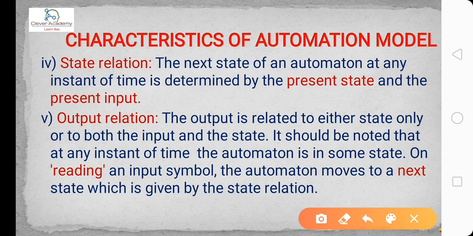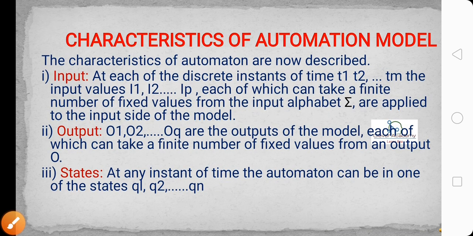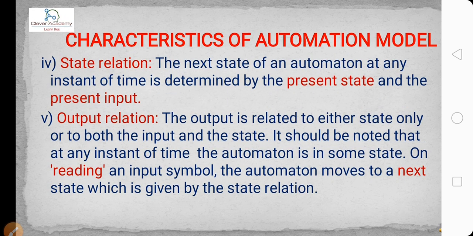So we are going to be identifying the representations of the finite automata. These 5 basic properties. We'll see the first one is input. I want to give the input with the different time intervals, and we are going to be moving the states, means the output representation for each and every state, and we are representing all the sequence of operations in the form of the states, and we are identifying the state relation, and we are identifying the output relation.